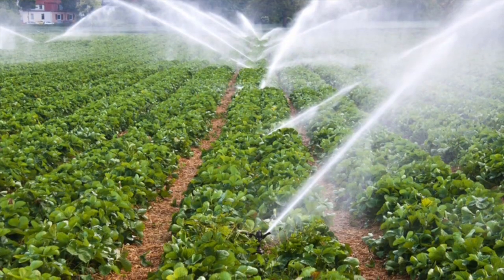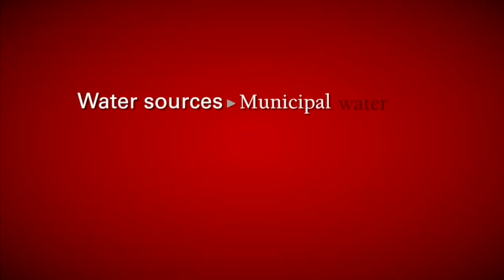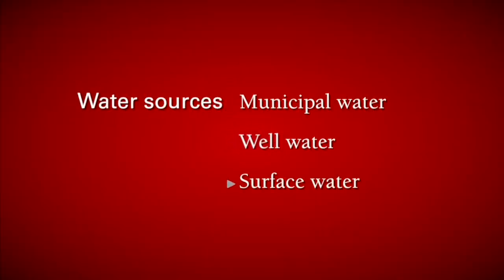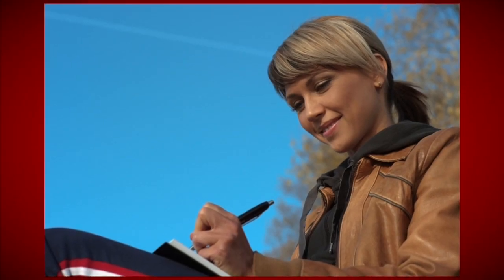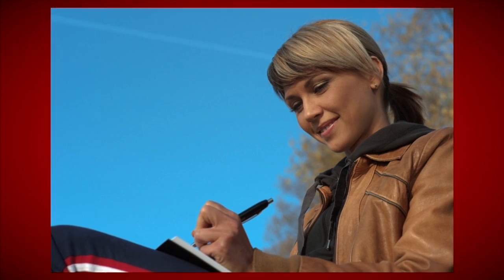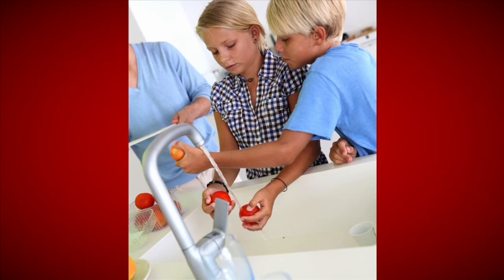produce. Typically, there are three types of irrigation water sources: city or municipal water, well water, or surface water. Municipal water has already been treated, is potable or safe to drink, and therefore safe to use on the produce. When testing well water or surface water, keep the records for testing. Make sure the water is drinkable as per standard before it is used for watering or washing hands, equipment, or